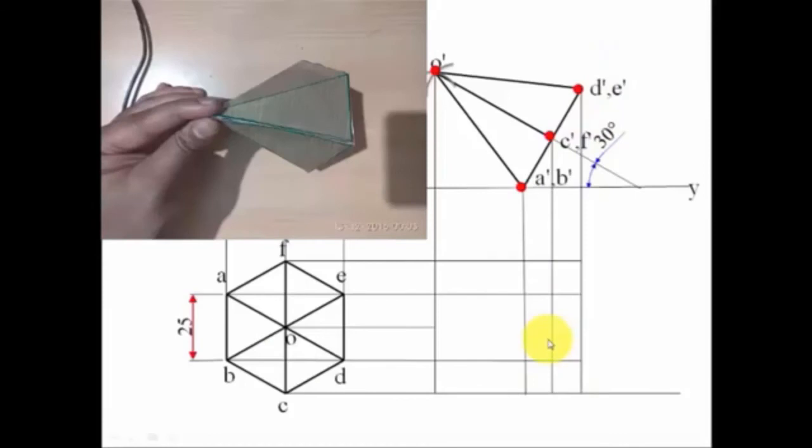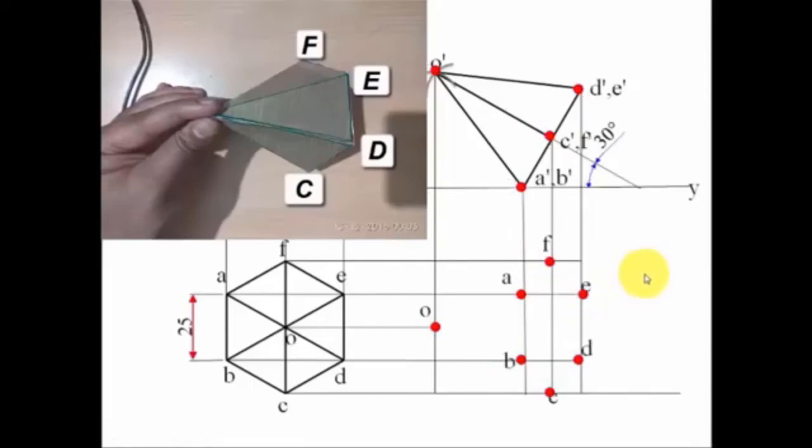But what I'm really interested in is these points. So these are the points I'm looking for. Now guys, please watch this. It should work out something like this: A, B, C, D, E, F. Now you need to figure out by yourself and through imagination which slant edges are going to be visible from the top. One thing is for sure, the slant edges O dash D dash and O dash E dash are going to be visible. And apart from that, slant edges O dash C dash and O dash F dash will also be visible. So we're going to draw them with the help of solid lines.